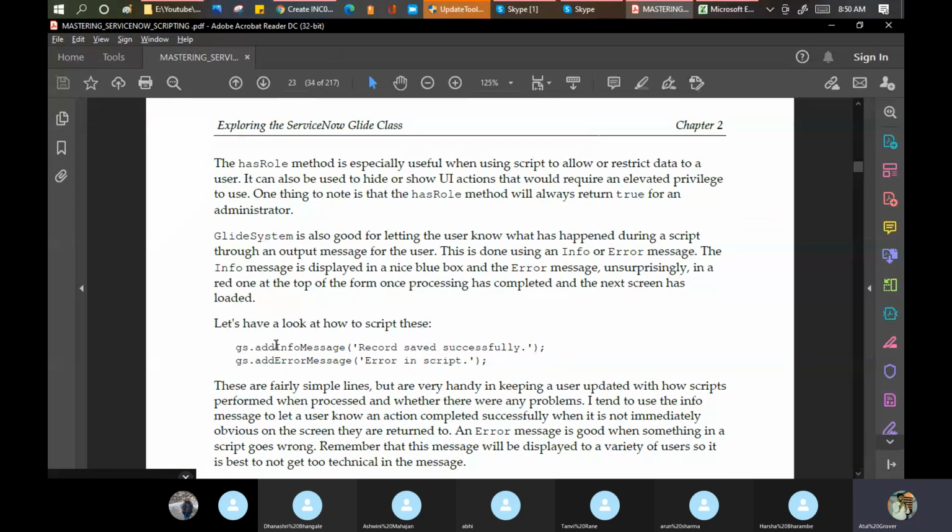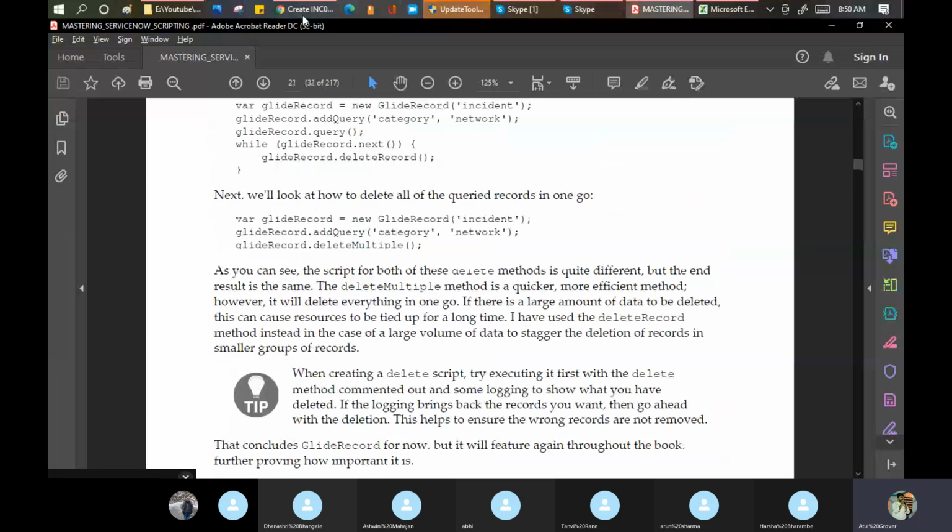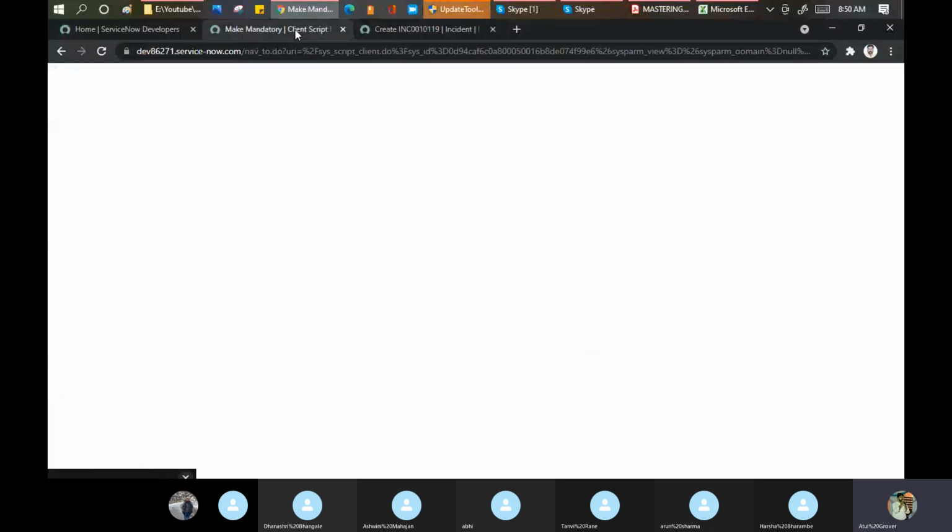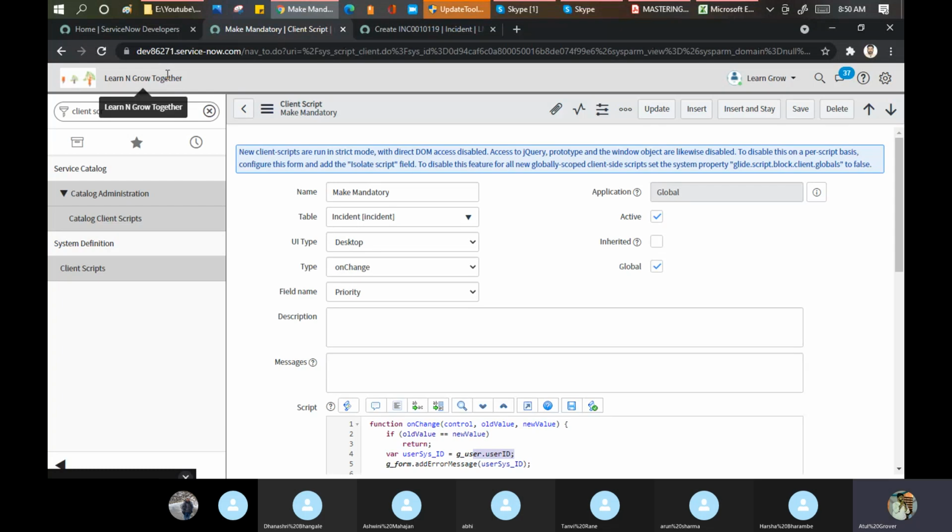Okay. If you want to put any error message, which we just discussed, you can use this error message either in the client script or in the UI action or the business rules as well. Now I come to one more topic here, called the business rule. Till now, the things we noticed is we were working only on the form level. I just changed the value and it worked for me. Clear? Now there's a concept called the business rule.